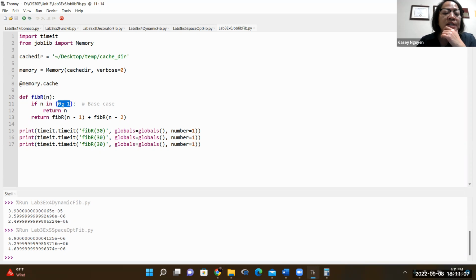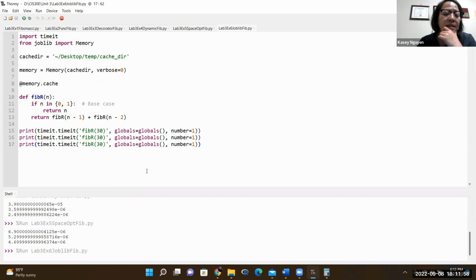Our base case, which are our seeds: if n is 0 or 1, then we're just going to return n. Those are the base values. Then we compute the subsequent value after the seed by using a function that calls itself, which is a recursive function. We take the two prior numbers, add them together, return, store, retrieve, and use it for the call, and so on until we get to the 30th value. Then the last three statements are very similar to all the other programs that you've been seeing. So when we run this,